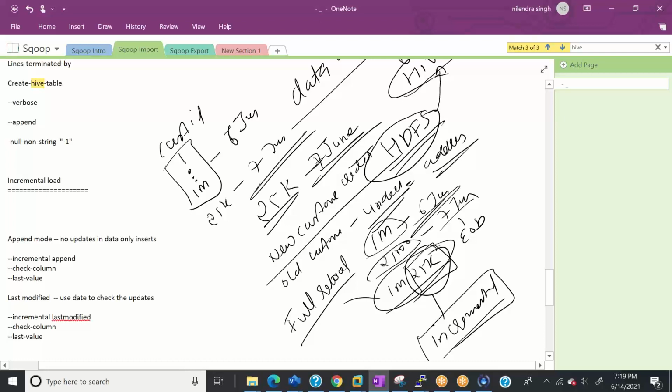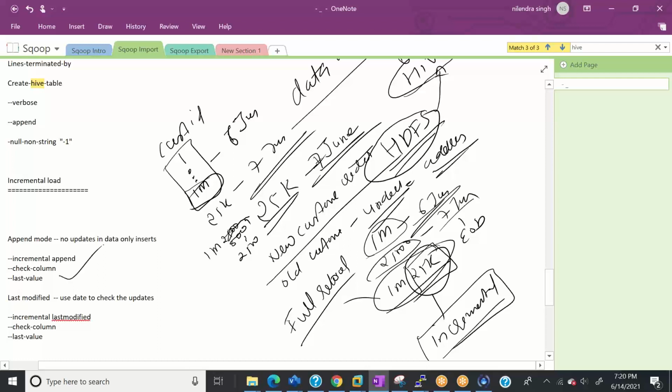What is the customer ID of this 25K? 1,000,001 and up till 1,025,000, right? Then if we say that we want to pull every record whose customer ID is greater than 1 million, then this is the logic, right? And this has nothing to do with Sqoop. This is normal logic, right? Then this is called